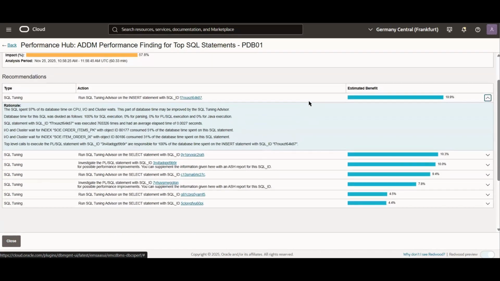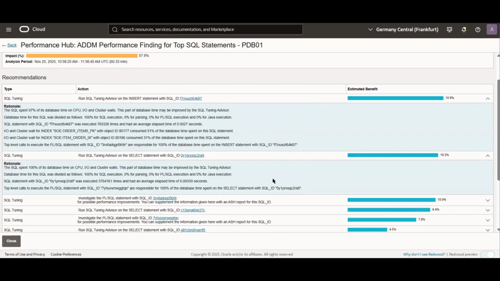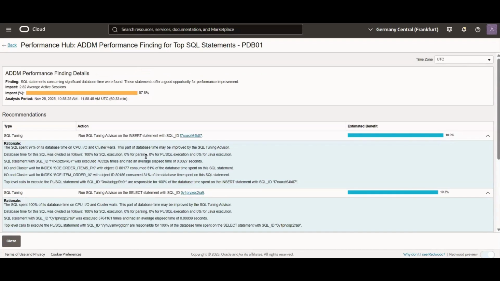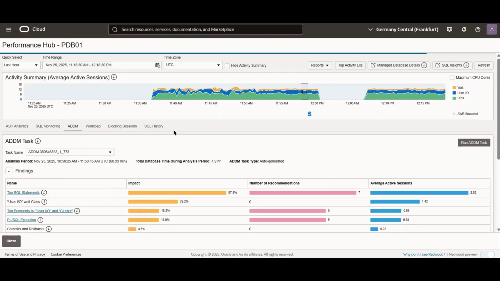So here I have a few SQL tuning recommendations for some of the statements. Maybe some alternative execution plans or maybe some statistics. I don't know. I'm going to go back for now, and